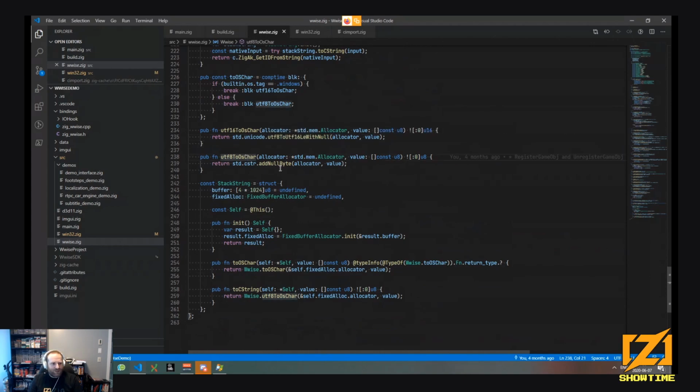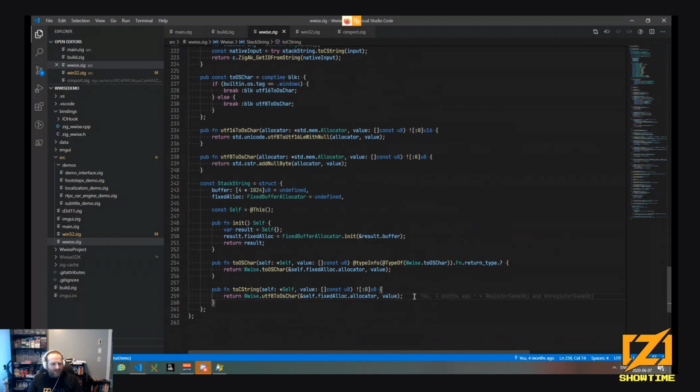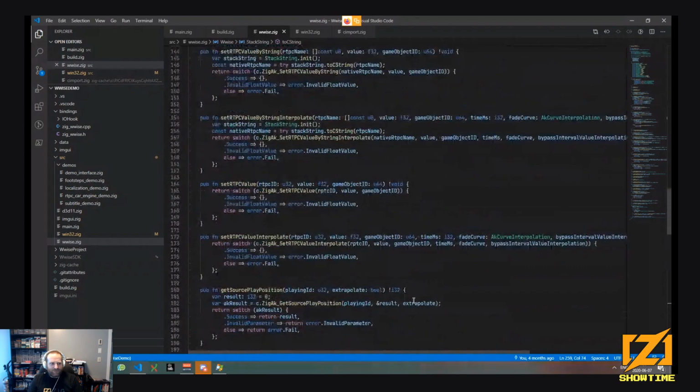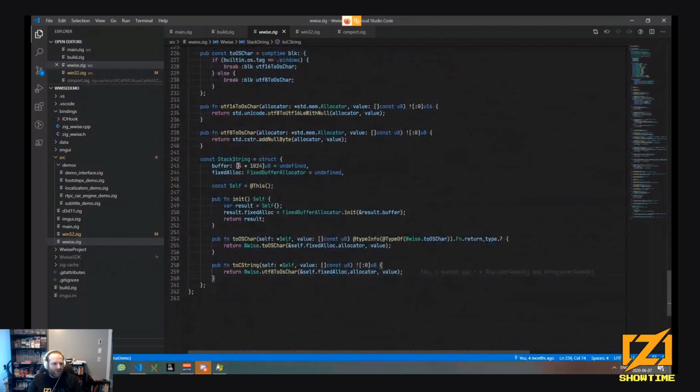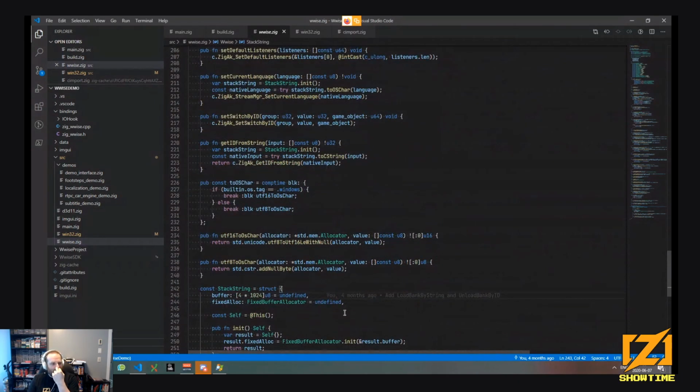If I need just the OS char, which is the basic C-style char, I just add a null byte. All this, when I need it, is done on the stack, so there's no heap allocation for strings. And we have 4K of buffers, so it should be fine. You don't need to pass a lot of strings.